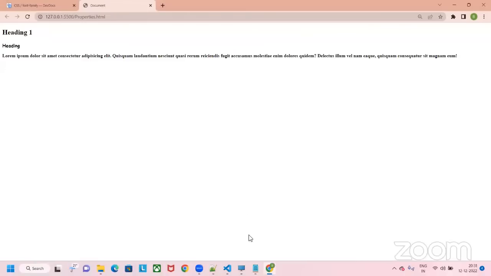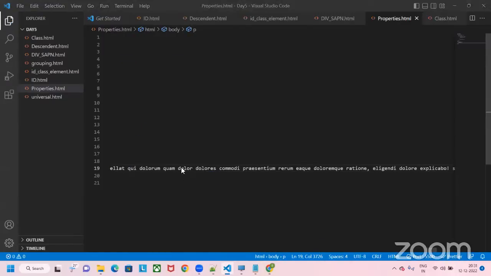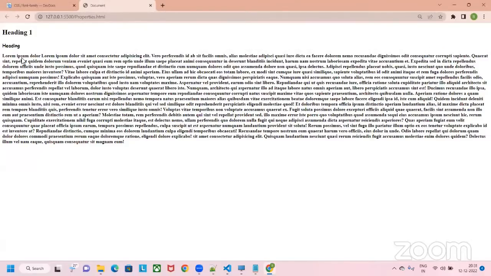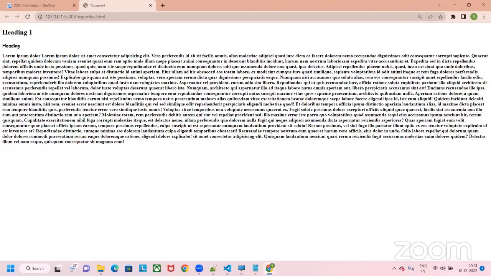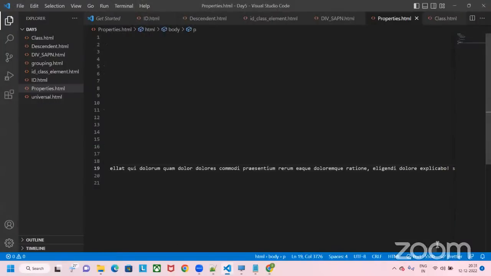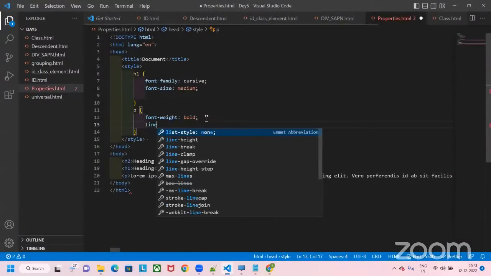Say yes or no. See, I have this one, and here I feel okay, line height is very minimal. So in order to increase it, or decrease it if you think that it is very large, how, if you ask me, using a property called line height,